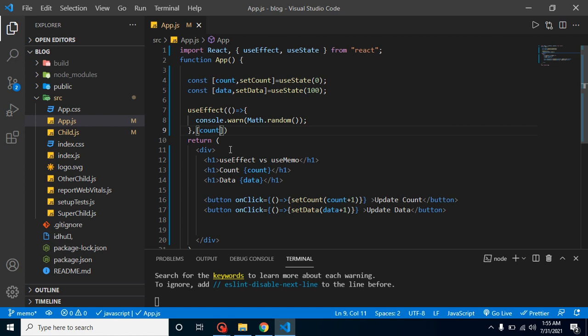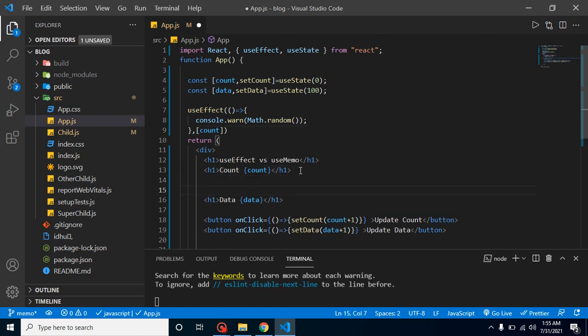Now let's say we have a different condition. Now I just want to update that count on a specific state. I don't want it to be called again and again. I just want to stop re-rendering of a specific part of my HTML in my component. How can we do it? We can do it with the help of